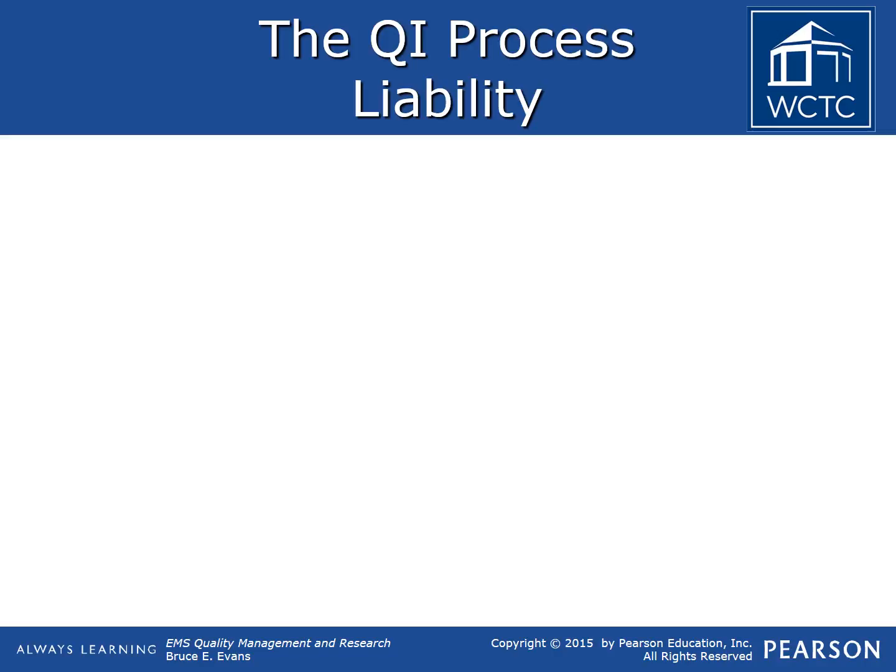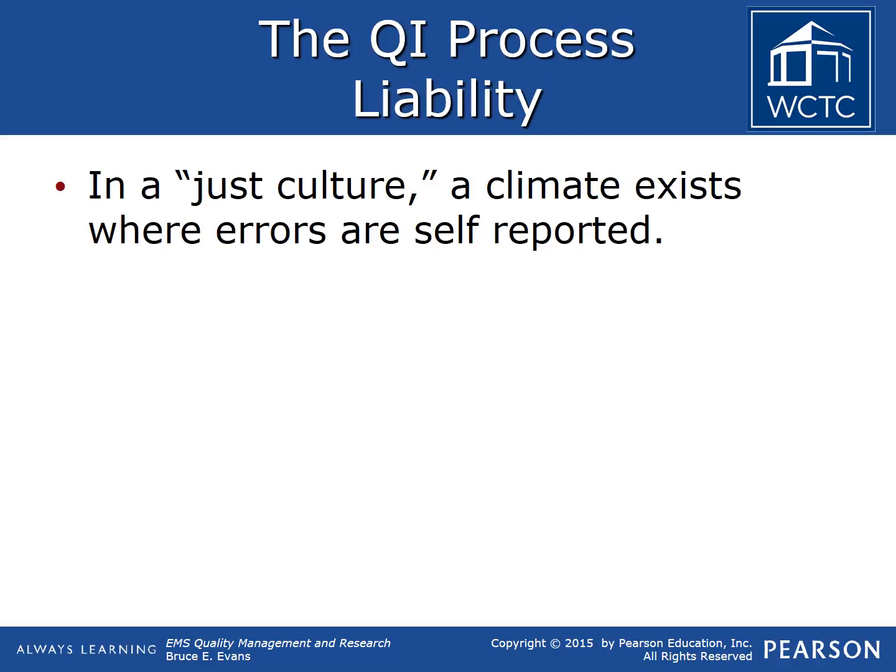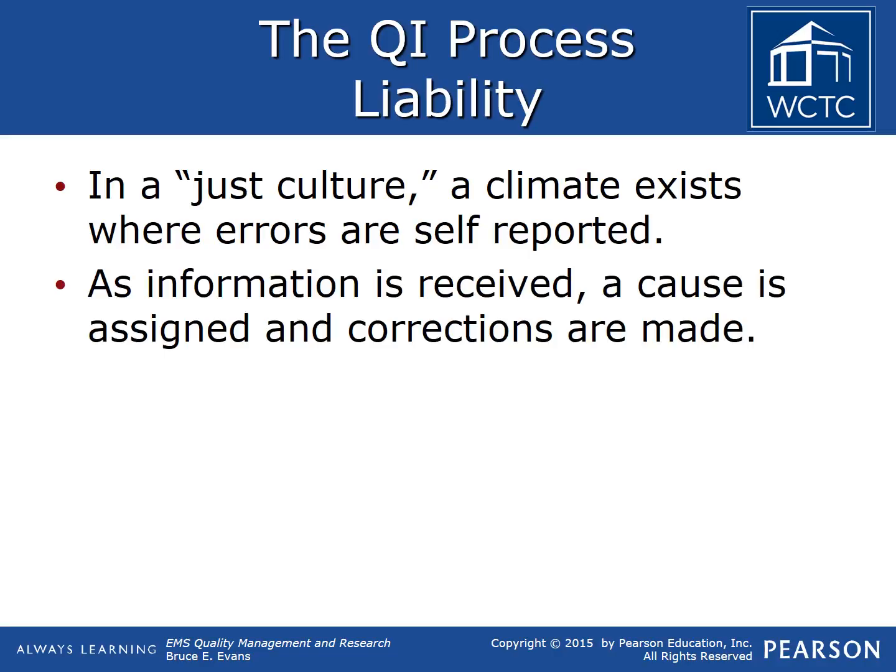For such a quality improvement system to be successful, the system must be proactive. EMS agencies that truly support a just culture recognize the value intrinsic within the self-reporting of errors and near misses. In larger services in particular, a quality improvement manager or team cannot possibly know about every single error or near miss without being affirmatively notified about them. By supporting a just culture where employees feel safe in reporting such occurrences, the quality improvement manager or team can evaluate causes for the error or near miss and then take corrective actions to prevent future similar occurrences throughout the